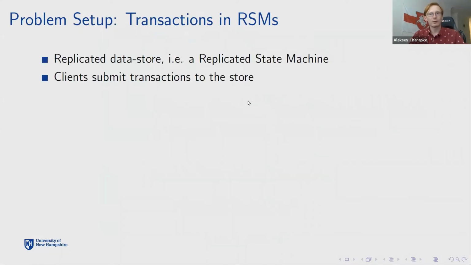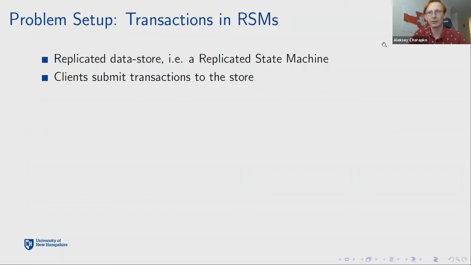Okay, so let's first talk about the problem in a big sense, the problem that this paper is trying to solve. In their setup, they assume that they have this replicated data store, a replicated state machine situation, where every single node, every single replica has exactly the same copy of data, right? And they have these clients that submit transactions to this store, and essentially the transaction is replicated, and then it's being executed independently on every single replica of this replicated state machine database.